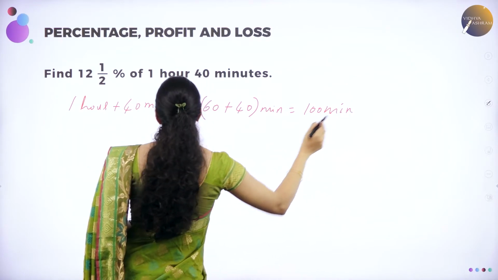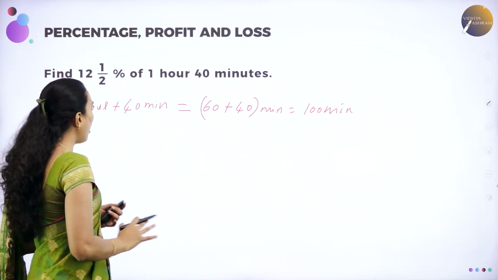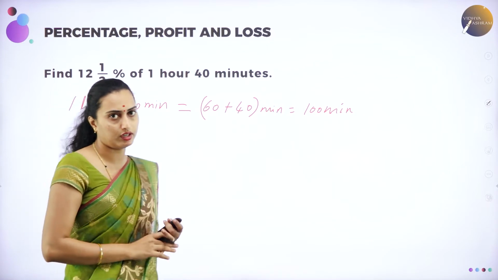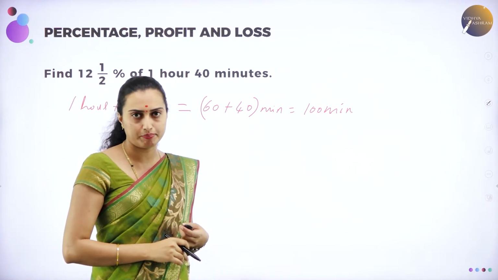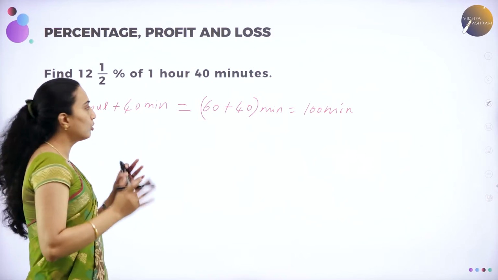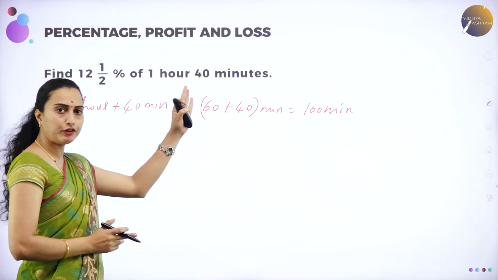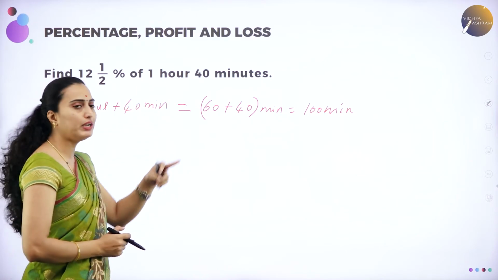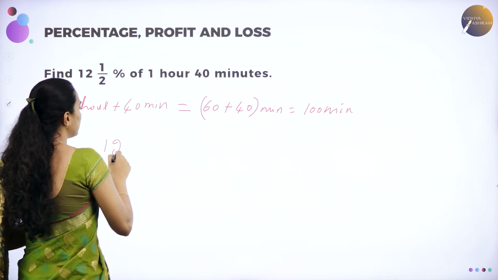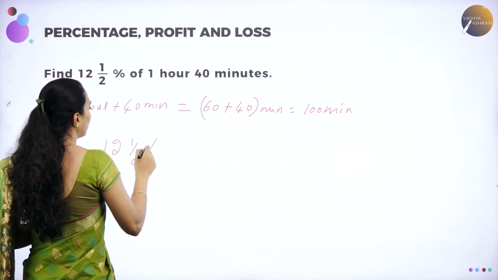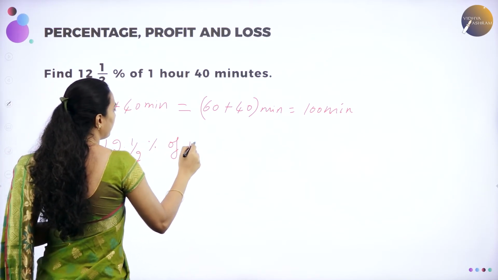Now, find 12.5 percentage of 1 hour 40 minutes. Let x be that. What is that 12.5 percentage? So 12.5 percent of 1 hour 40 minutes means we have converted 1 hour 40 minutes completely to 100 minutes. So, 12.5 percentage of 100 minutes